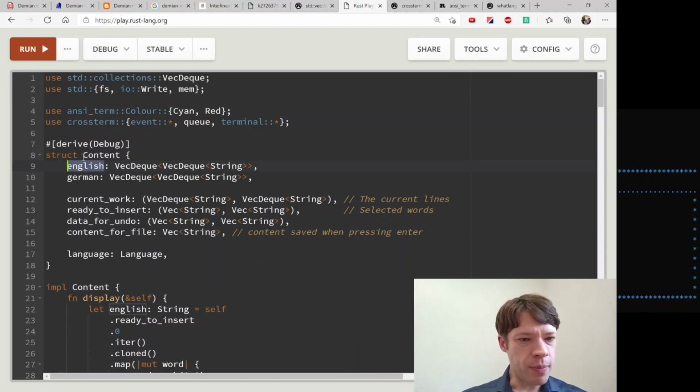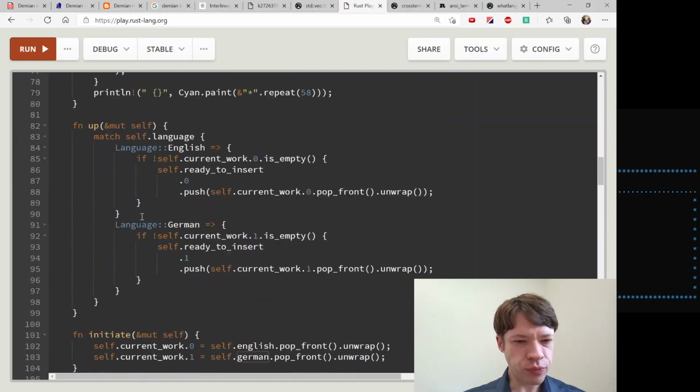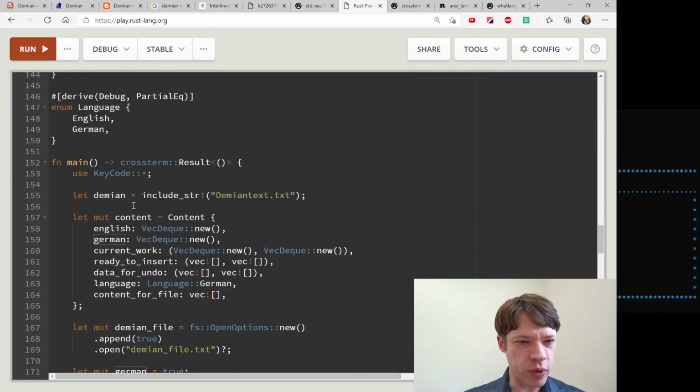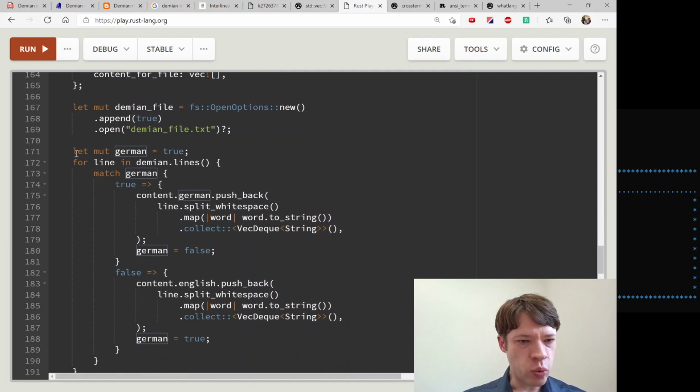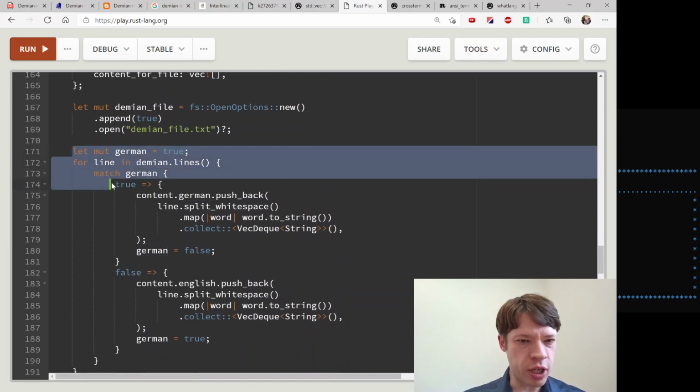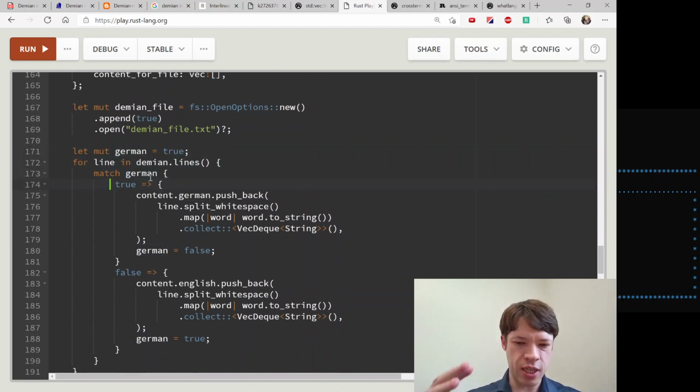So back to this content struct. English is all of the lines in English, and German is all of the lines in German. And what I do in the beginning, if we go to the main function here, is pretty simple, because I have the text in a format where I know it's German English, and there's no spaces there whatsoever.